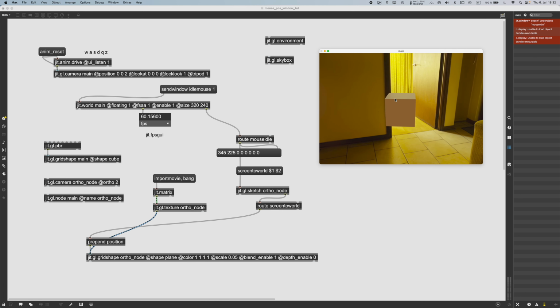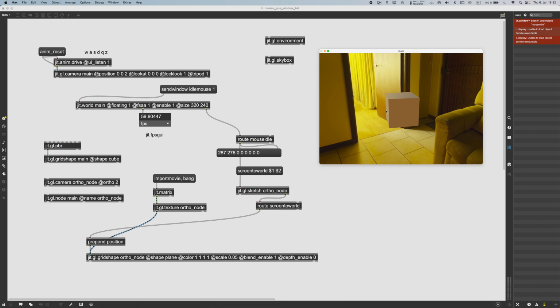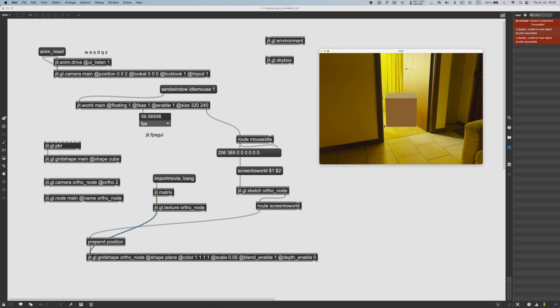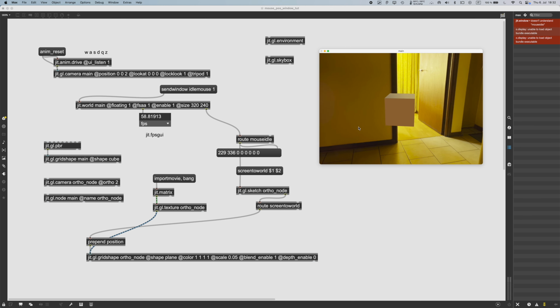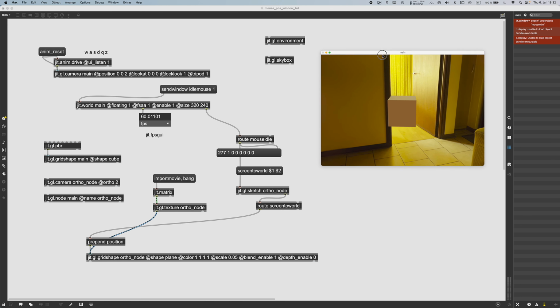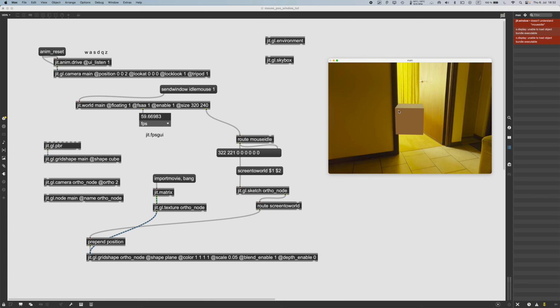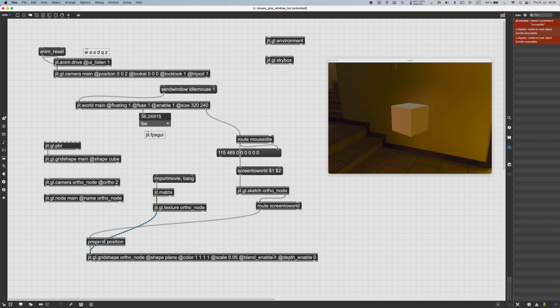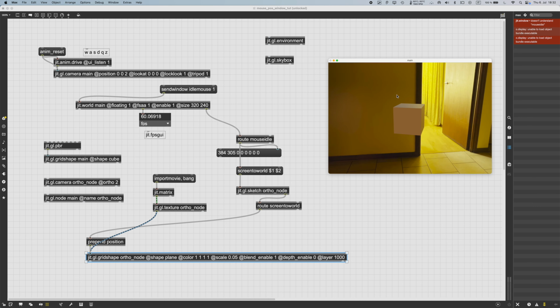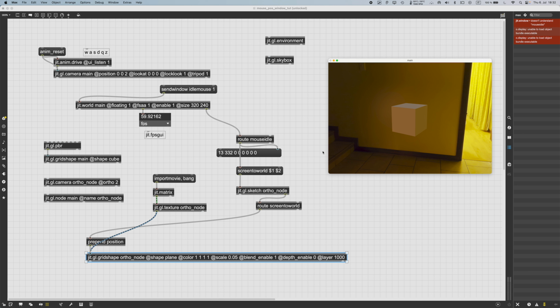But if I set depth enable 0, now as you can see, my cursor, my pointer, actually disappears. That's because we cannot be sure that it will always stay on top of the other objects. So what we can try to do is to set a layer to like layer 1000 or something, but this will still not assure us that the object will be on top of all the other objects